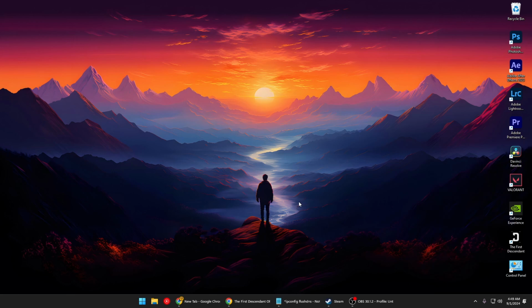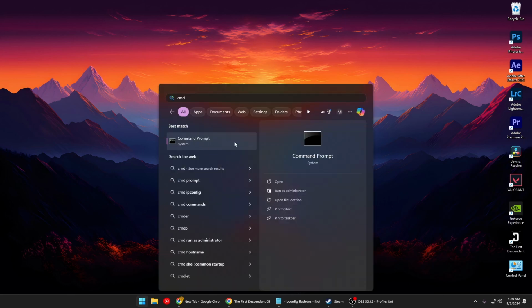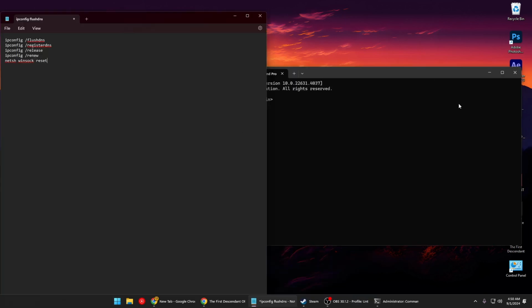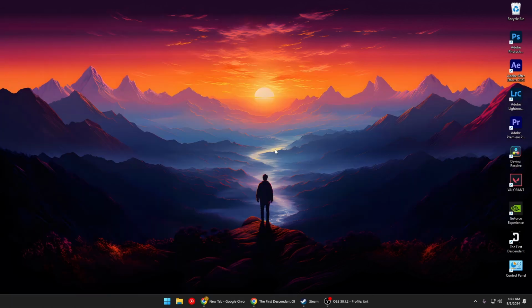Now, next what we can do is open up CMD and make sure you run it as administrator. Once you have opened the CMD as administrator, you have to apply these commands one by one. And if the issue still persists, open up Steam,